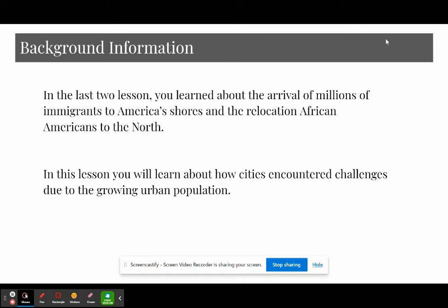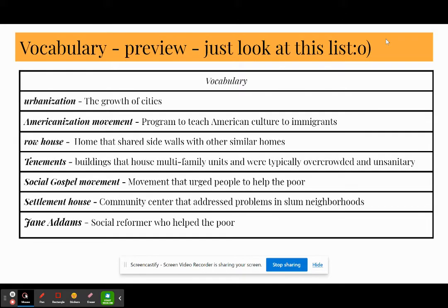This also builds upon our Unit 1A, particularly 1A2, when we looked at the concept of urbanization, which was the movement of people from the country or farms or rural areas to cities or urban areas. It also is going to build upon some of the problems of industrialization that we investigated in 1A4. We looked at problems that workers faced, and one of those problems was poor living conditions. So we're going to do a deeper dive into how these living conditions were problematic.